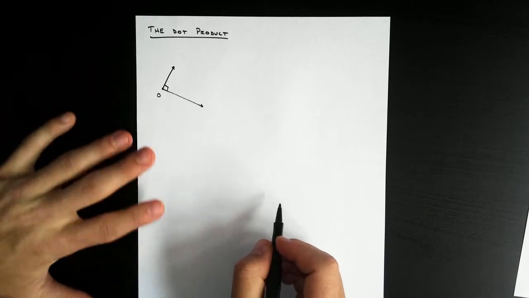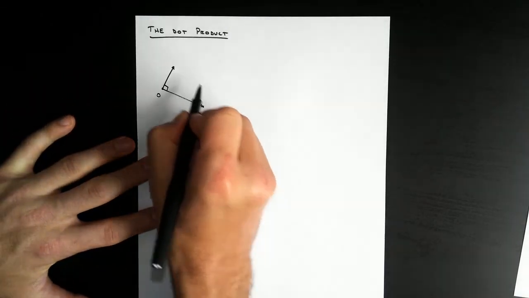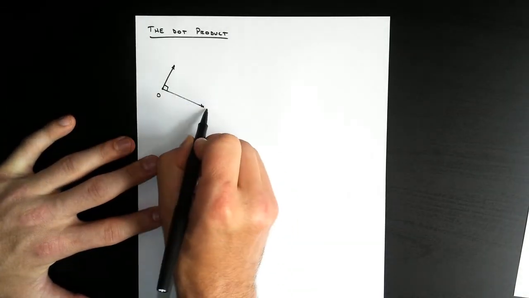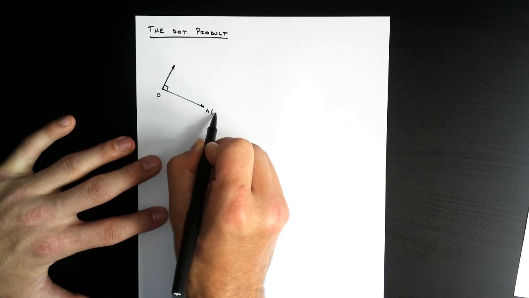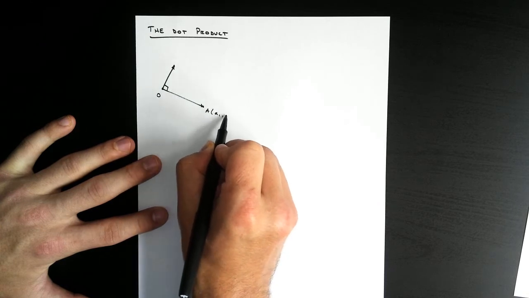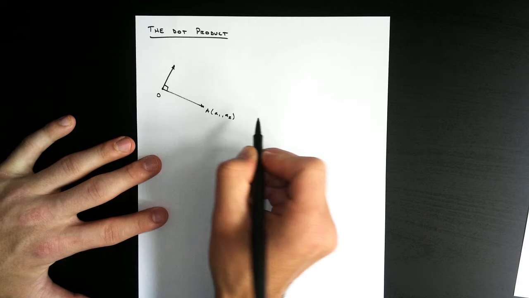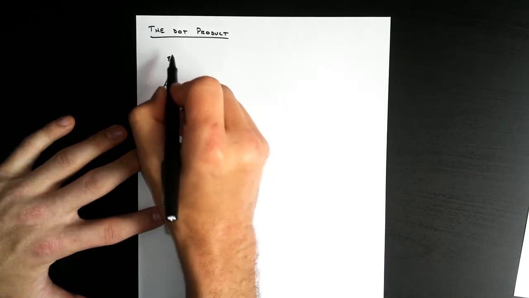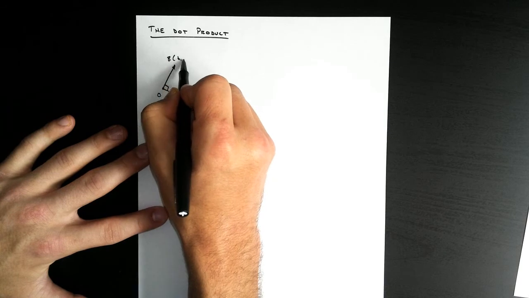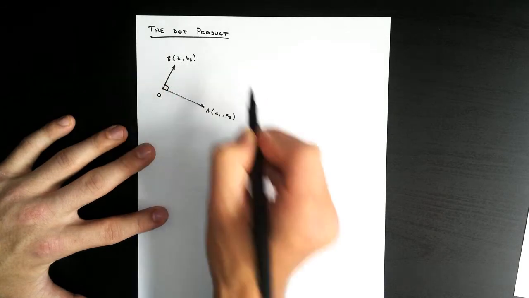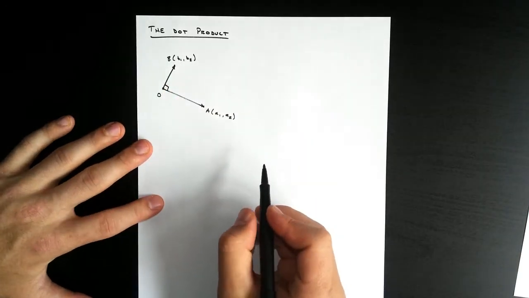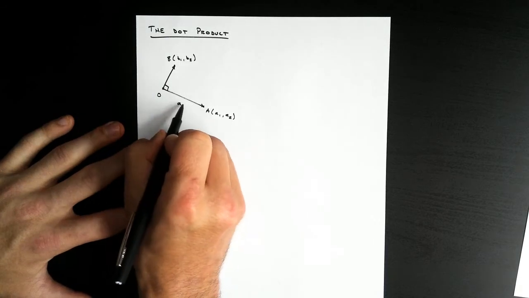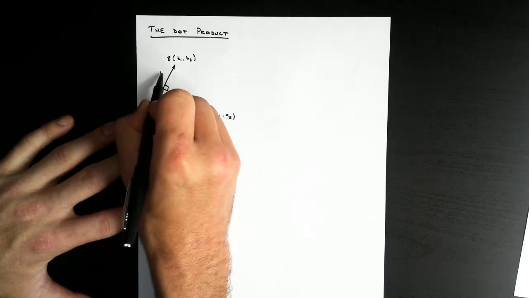All right. Now let's name these terminal points. We'll name the vectors as well. So I'll say this is A. And then I'm just going to say that this has coordinates A1 and A2. And then for my second vector, I'll call this one B. And this has coordinates B1 and B2. All right, and then just to name these, we'll say that this is vector A, and then that this is